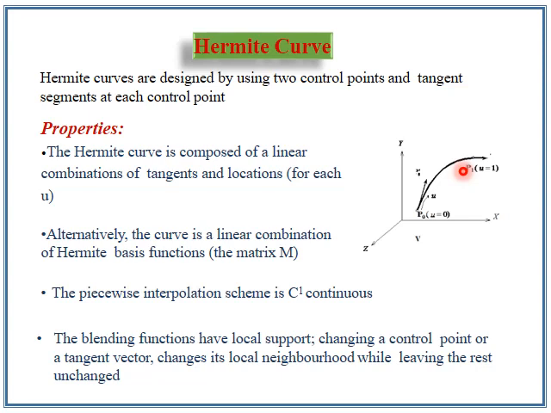So what are all the properties of these Hermite curves? Hermite curve is used for representing the synthetic type of curves, which means the complex shape of an object can be represented through this type of interpolating curve. Hermite curve is an example of an interpolating curve. Interpolation means there will be no points left out throughout the curve. If a point is left out, then it will be called an approximating curve. Examples of approximating curves are Bezier curves and B-spline curves, and we will discuss them in another presentation.